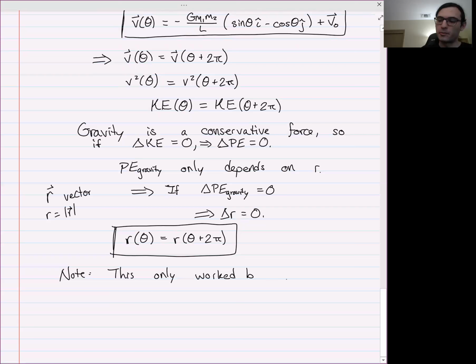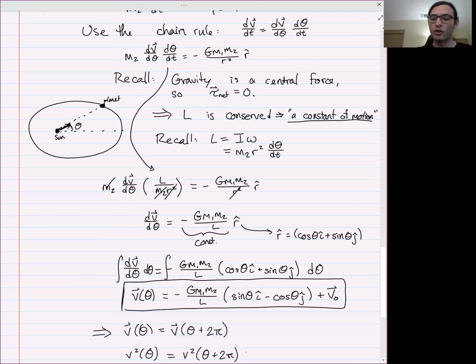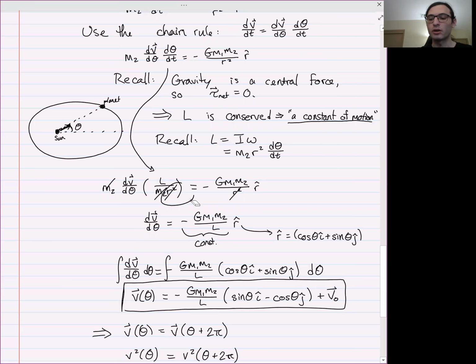because the force of gravity was inversely proportional to the square of the distance. If we go look up here, the only reason we were able to cancel out that value of r is because it was r squared in the denominator of the gravitational force. If it were r cubed, this would not have worked at all. In fact, this is just a true statement: if you have a force that depends as 1 over the distance cubed, 1 over the distance to the 4th power, or 1 over the distance, you don't get closed orbits,